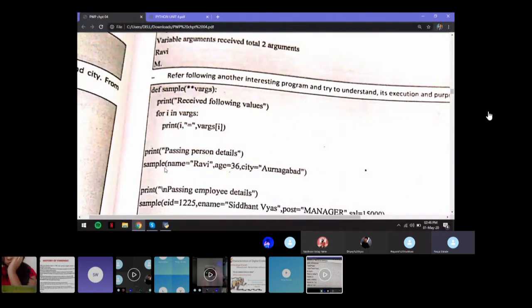Someone can write Vishrantwadi, Pune, and maybe someone else is writing it very detailed, like flat number this, gully number this, and so on. So wherever you're not sure what the length of your argument should be, at that time you're going to use the variable arguments option, right?